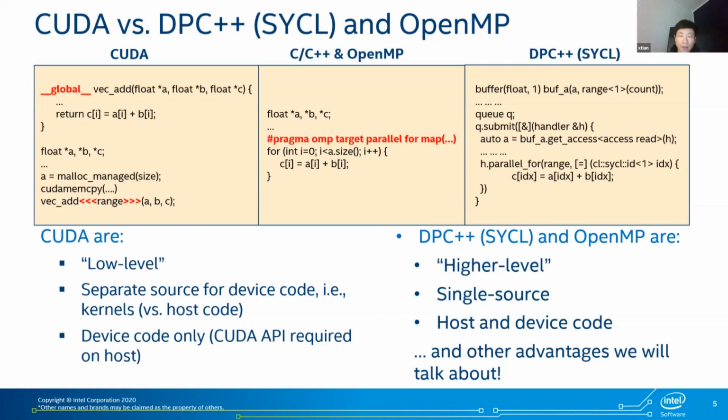We thought that language is pretty neat, and a lot of C++ programmers will find it more friendly, especially those who really like to use modern C++ features like lambdas, templates, accessors, all those kinds of things, right? This is also aligned with the long-term strategy of the C++ standard committee, which we have been involved with to push for adding heterogeneous computing features to the C++ standard, right? So with that as the vehicle,